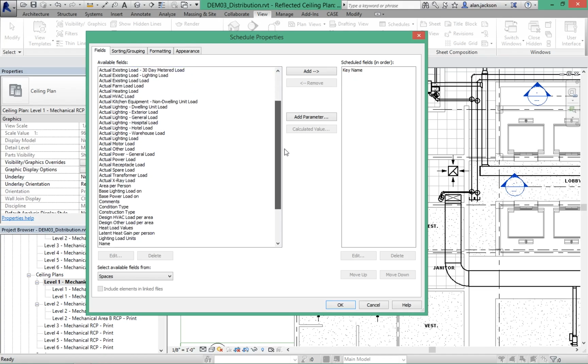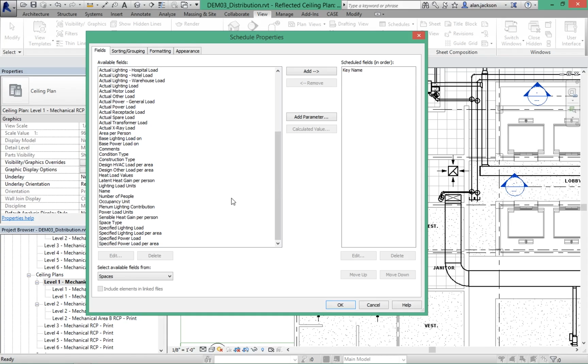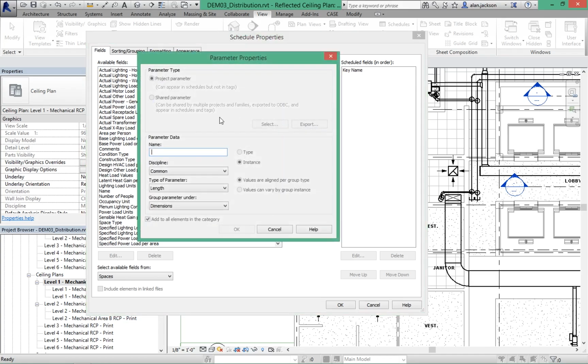But there's one thing that Revit doesn't have, and this is where you're able to customize this for your needs. It doesn't have a required air changes per hour property. So we're going to go ahead and add that. I'm going to click on Add Parameter, and I'm going to give this the name required ACH, or air changes per hour. Normally this unit would be air changes per hour, the value per hour, but we're just going to choose a standard number,